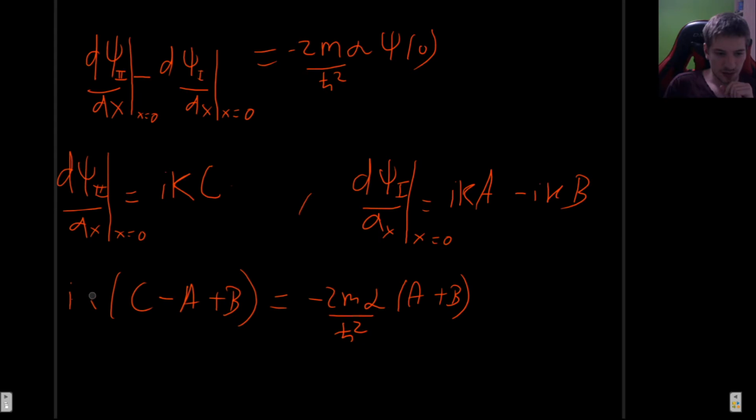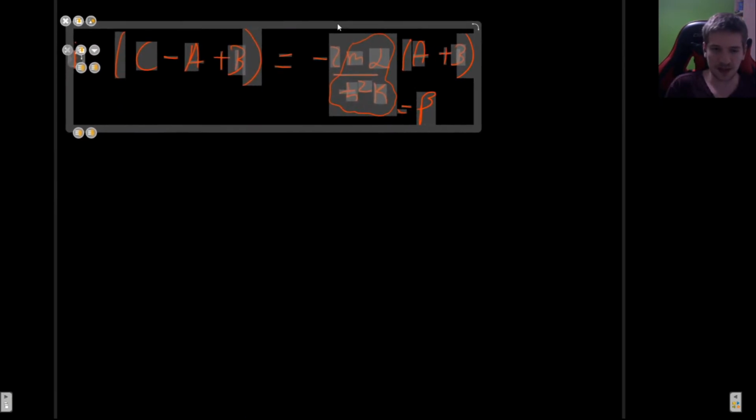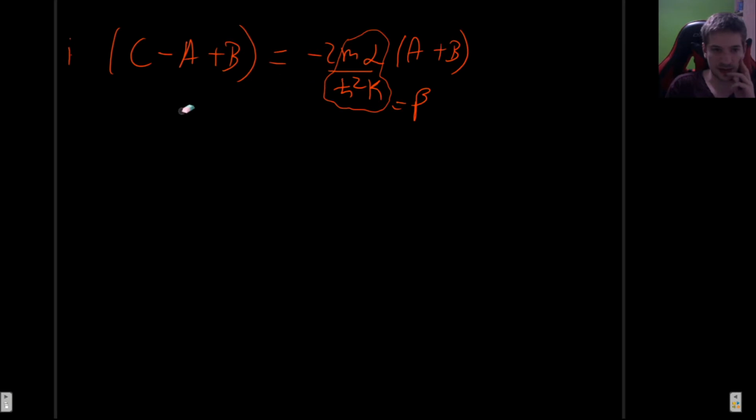So we can divide by this k, put it down here, and this quantity right here we can call beta, because we are going to have to be writing it down a lot, so it's really nice if we can just leave it outside. It's not that big, but it's still nice to not have to write it all the time. So this will then be just minus 2 beta